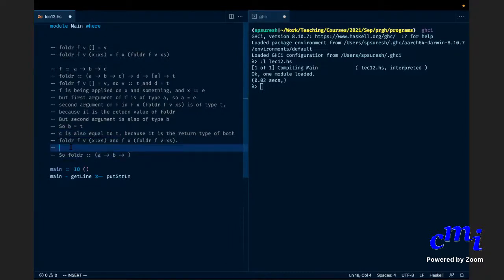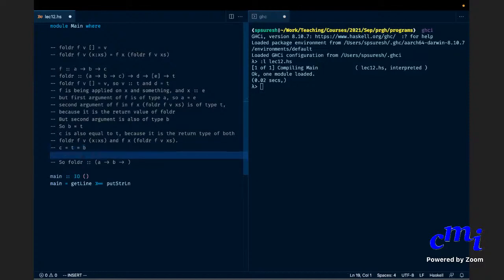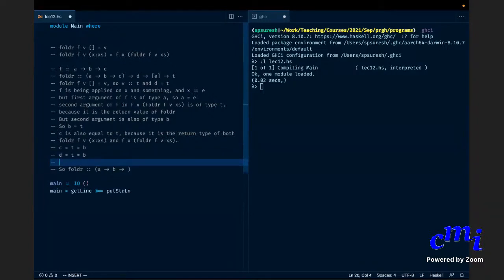A is A, there is nothing more to it, B is B, but B is T, so C is equal to T equal to B. Then D is equal to T, but T is equal to B, so D is also equal to B. So C is B, D is B, T is also B directly. What about E? E is A.